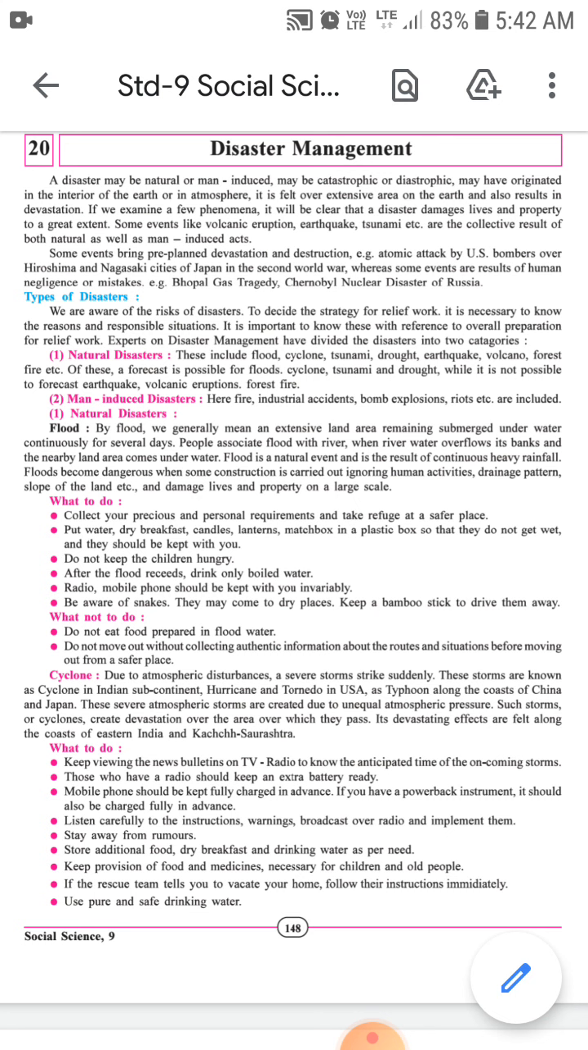Now we will discuss what should be done and what should not be done during a flood. First is what should not be done. One should not eat food prepared in flood water. And the other thing, one should not move out of a safe place without collecting authentic information about safe routes